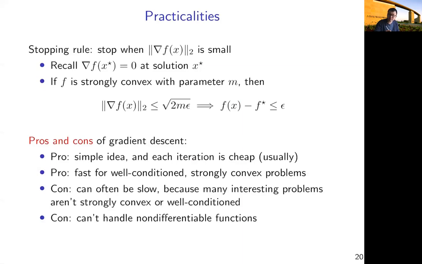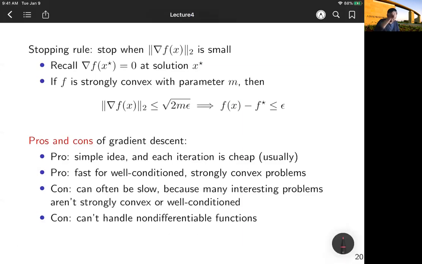size of the gradient. One particular stopping rule is to say that whenever the gradient at the current iterate is sufficiently small, then we can stop, because we know that we are already nearly optimal. The way to see this is to just apply the property of strong convexity. By definition of the first order condition of strong convexity, we get that